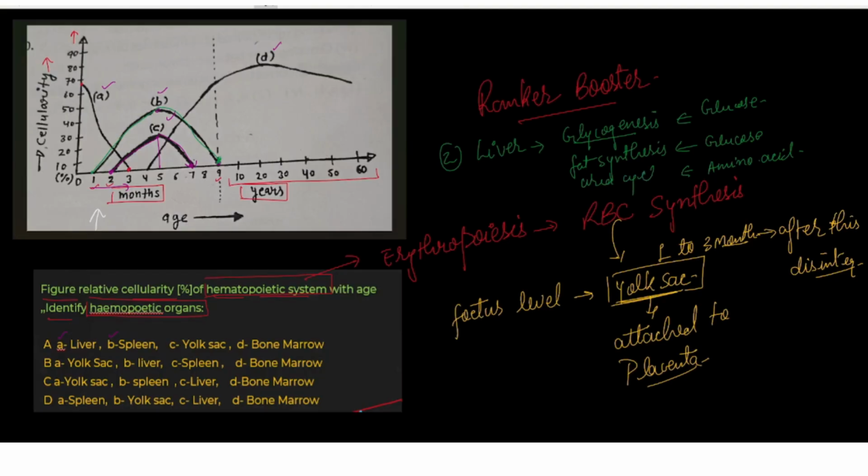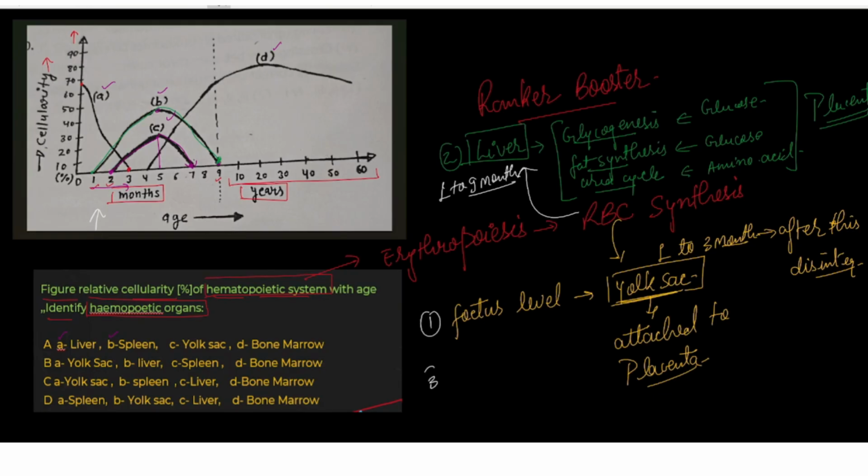So many things are going to happen in the liver, but initially at the fetus stage, all these organs' functions are actually coming with the help of the mother, with the help of the placenta, but not the liver. So liver is free to do its own work. So in that case, the erythropoiesis or the RBC production would be because of the liver, from the first to 9 months. Okay, first to 9 months.